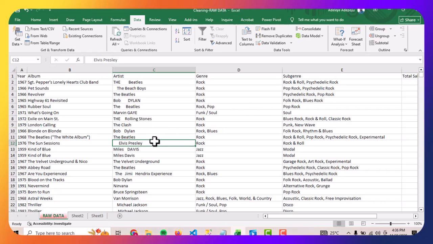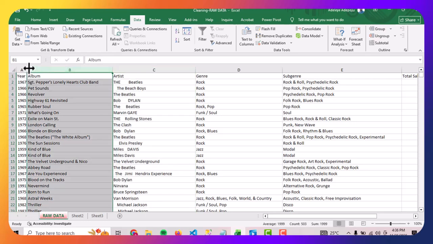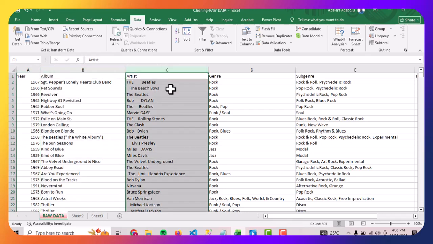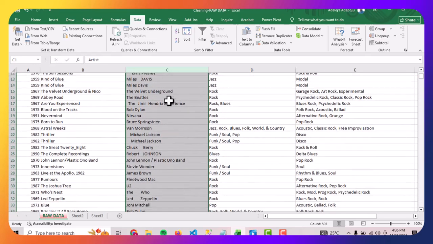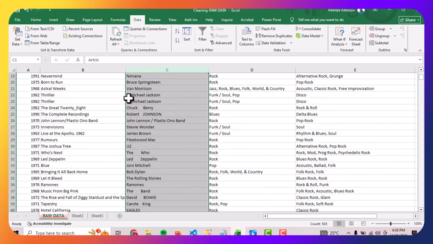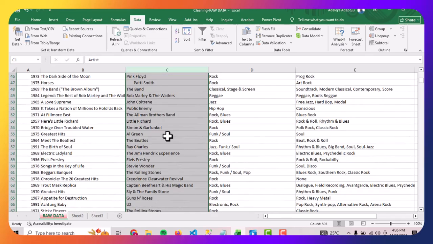Our next step is checking through our columns one by one. Can you see? We have to give this also a space. If you can see very well, in this C column we have the names not in order. There are spaces in between. Their text is not matchable. We have the upper class and the lower class. Can you see there is space here before the Michael Jackson? And we have Robert Johnson. Johnson is in uppercase, which is not supposed to be. So we are to put all this